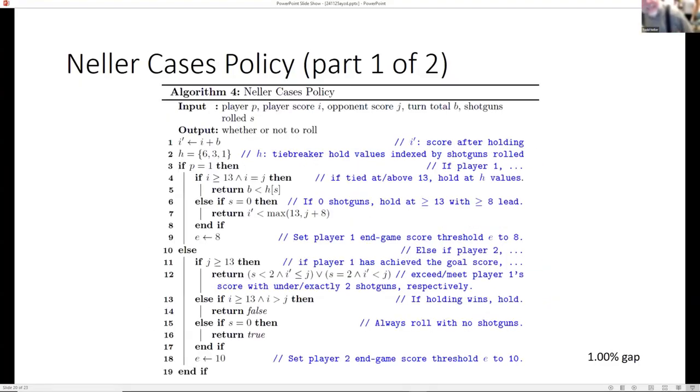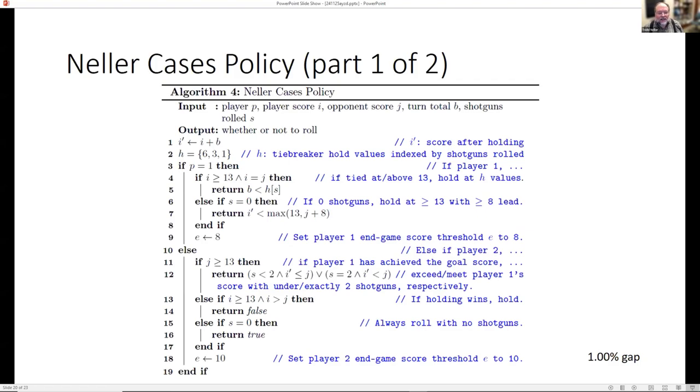So my policy here is similar to John's previous policy. It varies in a couple different ways, but the main way that you can see with the variable E on lines 9 and 18 is that it sets different go-for-it thresholds for times that the game is close to ending and players take great risks. Just making a couple nuanced changes, this reduces the gap between this player and the optimal player win rate down to a mere 1%.